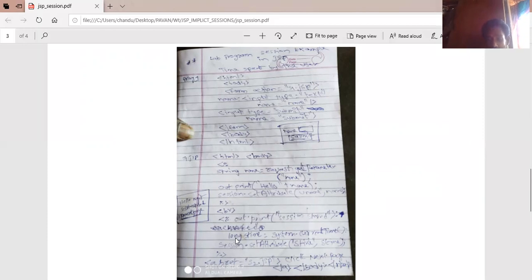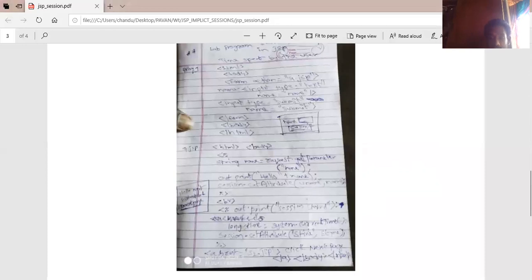Again I want to store some time. Long sTime equals, long is the data type. sTime is the starting time. System dot currentTimeMillis. Current time I'm storing in sTime. After this I'm storing this particular sTime as a session variable. Again I'm going for session dot setAttribute sTime, that is the starting time, comma sTime. This is the variable, that is nothing but the current time I'm storing as a session. Now I'm redirecting to s2.jsp.